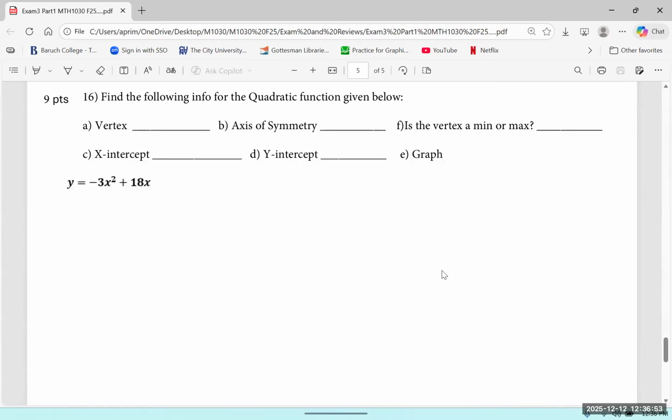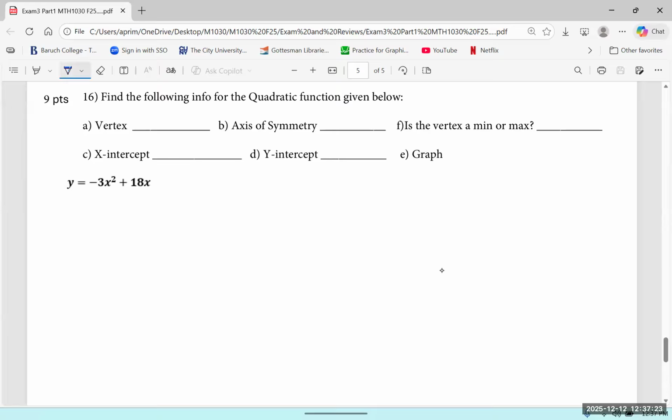Okay, so usually in the final exam, they ask for the vertex of a quadratic. And sometimes they ask for the x and y intercepts. And then they give a graph and ask you to find the domain and range of the parabola. Okay, so to find the vertex,